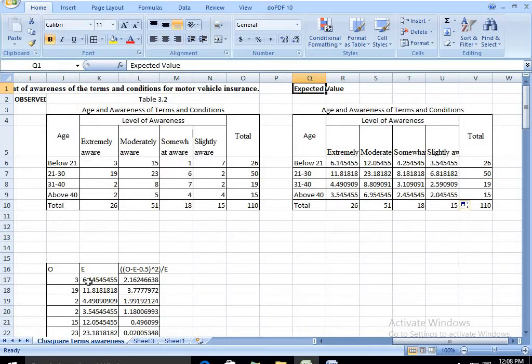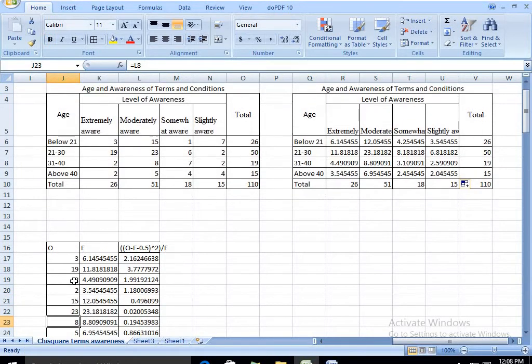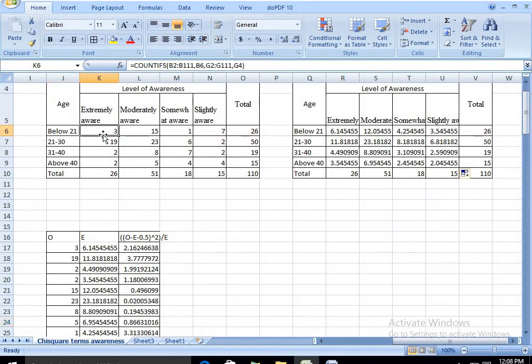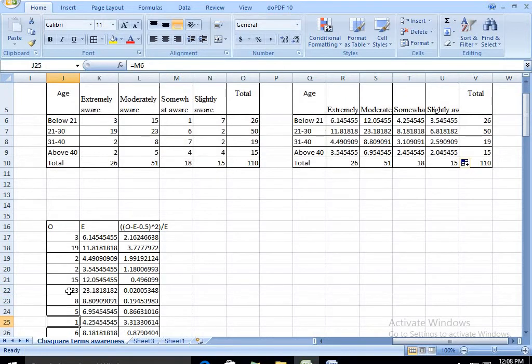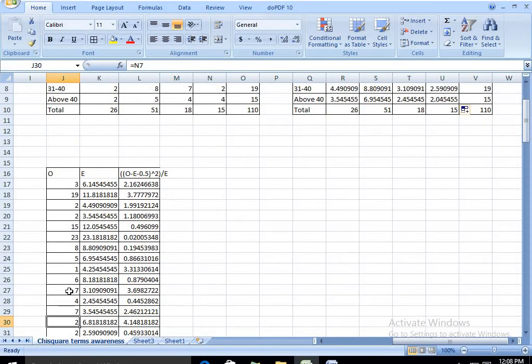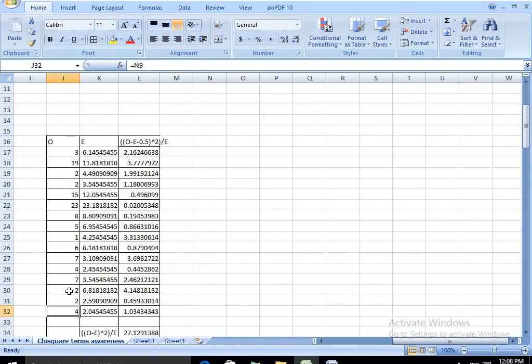This you would have done in your statistical methods paper. So now you have to list out your cell values like this. First cell you can use your equal sign, drag it for the next 4 columns. Next you mark this one again and drag it for the next 4 values. Then again you mark the first row number, and drag it. Like this you have received your observed value.